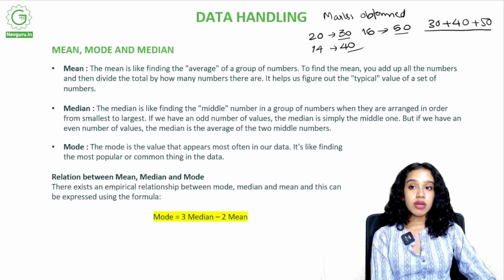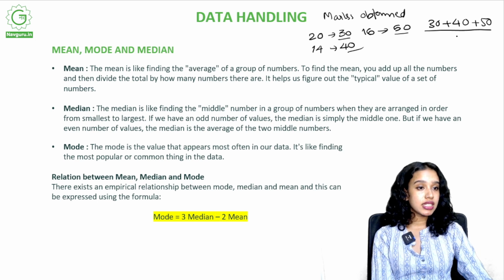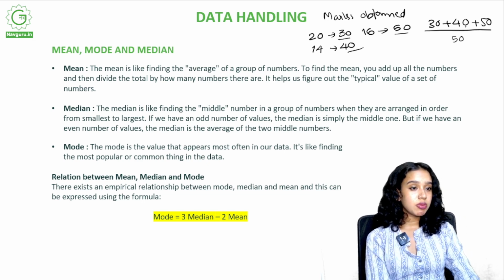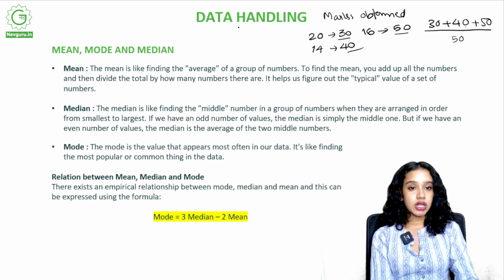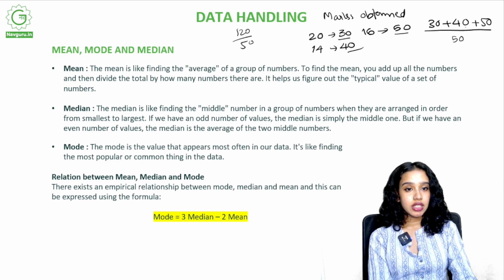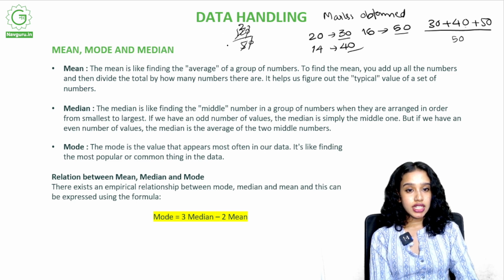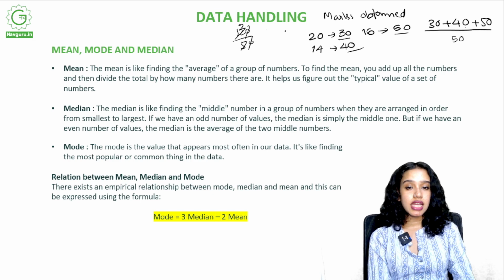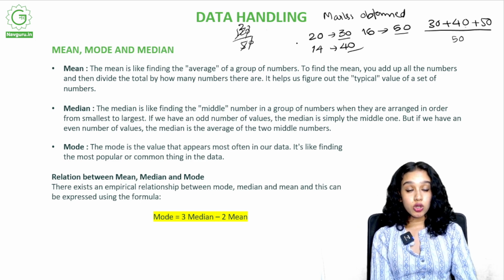So what is the total amount of students? Total number is 50, right? So this would be 30 plus 40 plus 50, 90 plus 120 by 50. So we have 2 5s are 10, right? So we'll get a value which is the average of these group members, like the average score of each of the